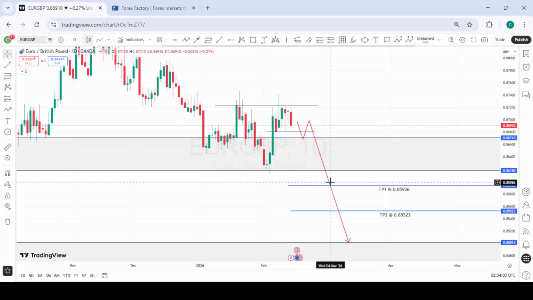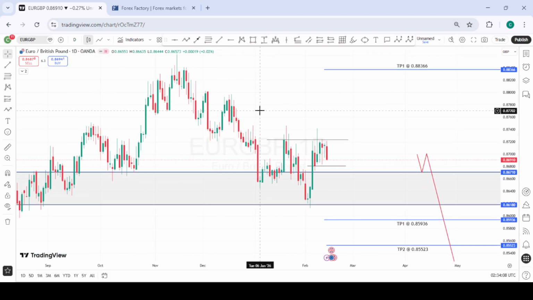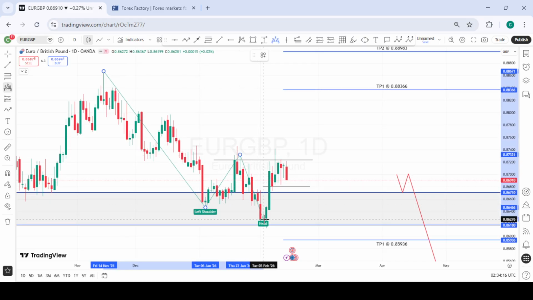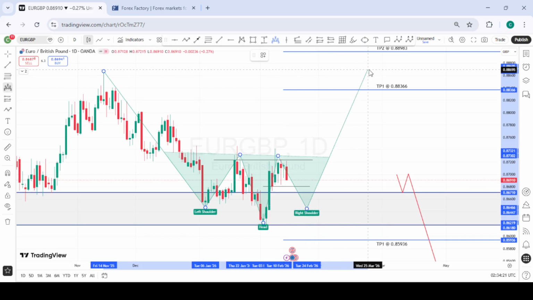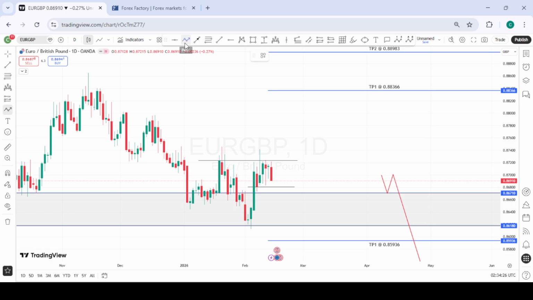So on the bullish side, we are also likely going to see price create a possible right shoulder. So this is the possible inverted head and shoulders formation. This is the left shoulder, this is the head, and we are waiting for the formation of the possible right shoulder, then we take our buy to the upside. So going into next week, for the bullish side, should we get a pullback into this zone once again, and we get bullish confirmations or we see bullish reactions from here, we'll be glad to take our buys from here to give us the possible right shoulder formation,